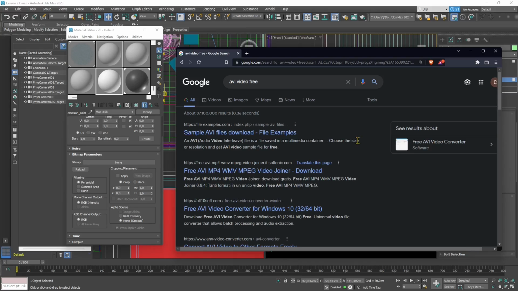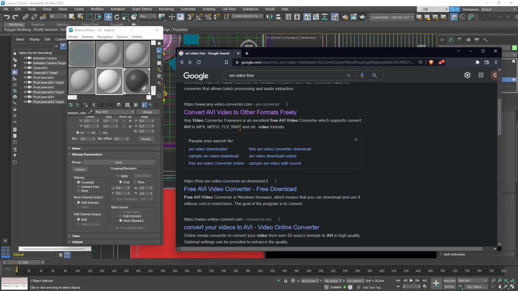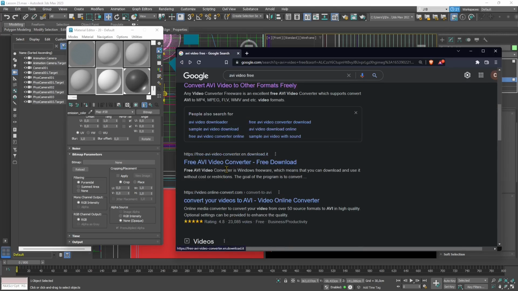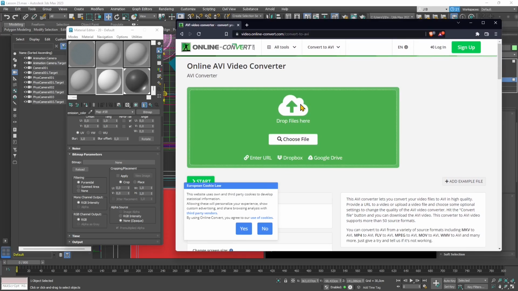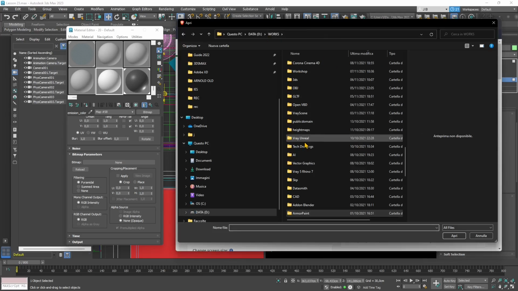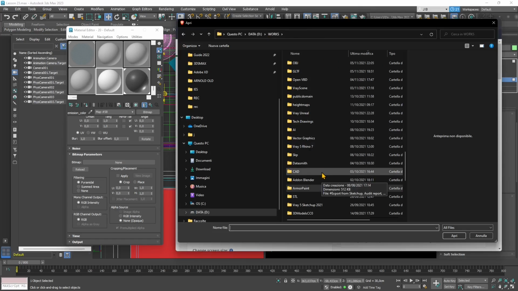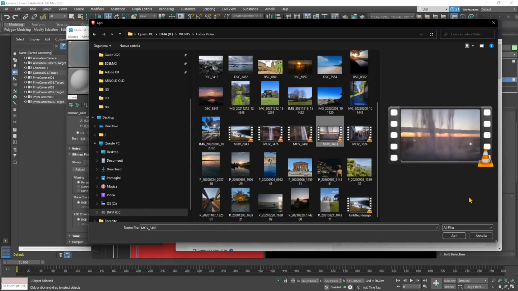So you can display infographics also. And if you play also with a cutout, you can create transparent screens, like sci-fi, or like Minority Report and movies like that. Now if you don't have an AVI format, you can use whatever converter online to change the file into another format, or the other way. So if you have an MP4, you want to change it into AVI, you can use one of these